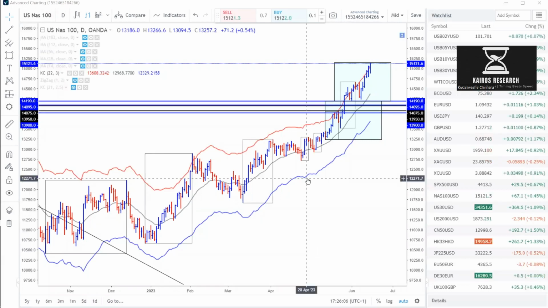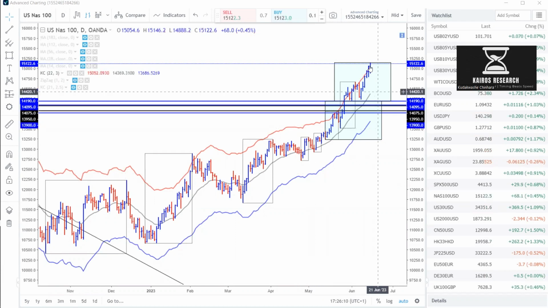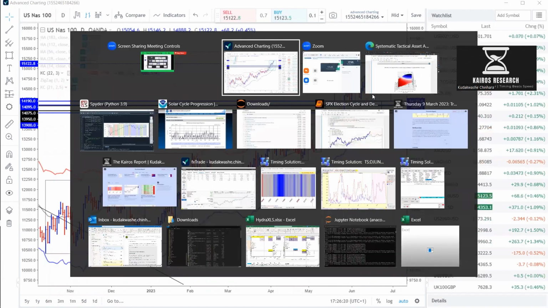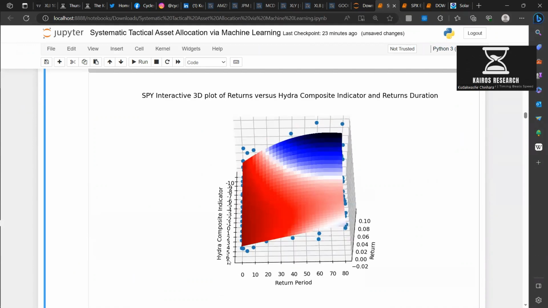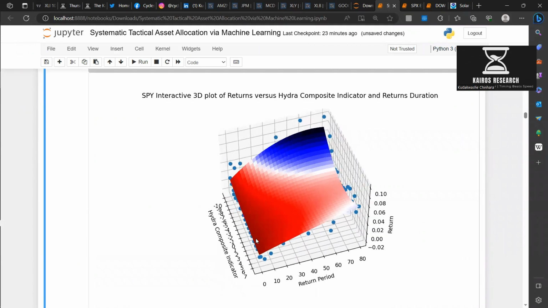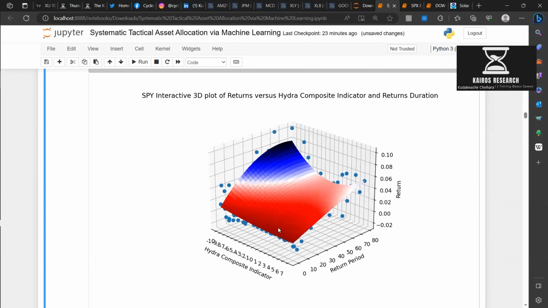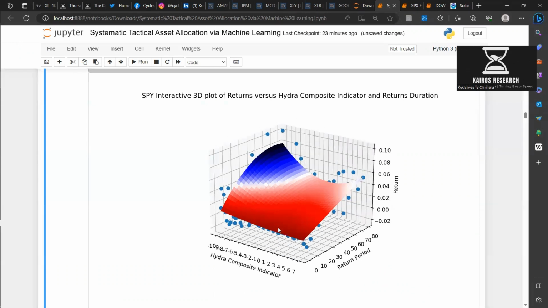Markets are overbought by some measures. The Nasdaq, for example, is more than three standard deviations removed from its monthly moving average. But what exactly does overbought mean? I'm just going to share some research that I did a few years back in grad school, where the question I was asking is what exactly happens when a market is overbought or oversold? And the answer is not so simple.